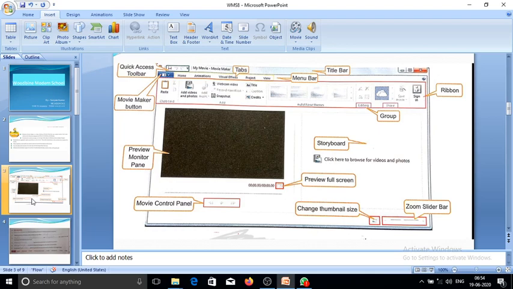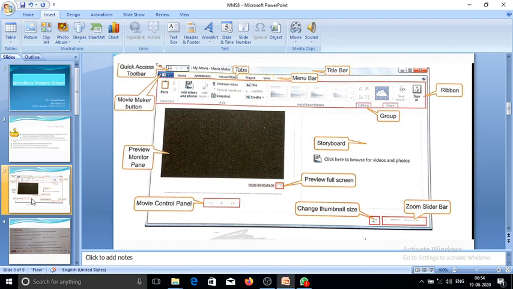These are in the title bar. Now the menu bar, also called the control panel of the software, has the home button, animation, visual effects, project and views. These are on the menu bar.